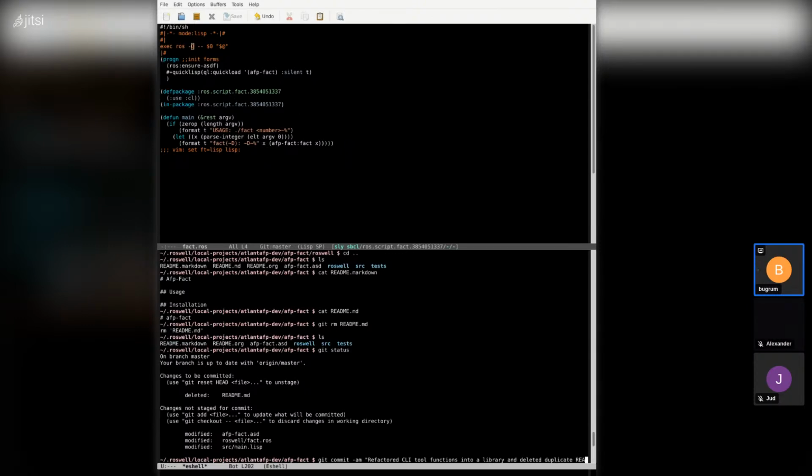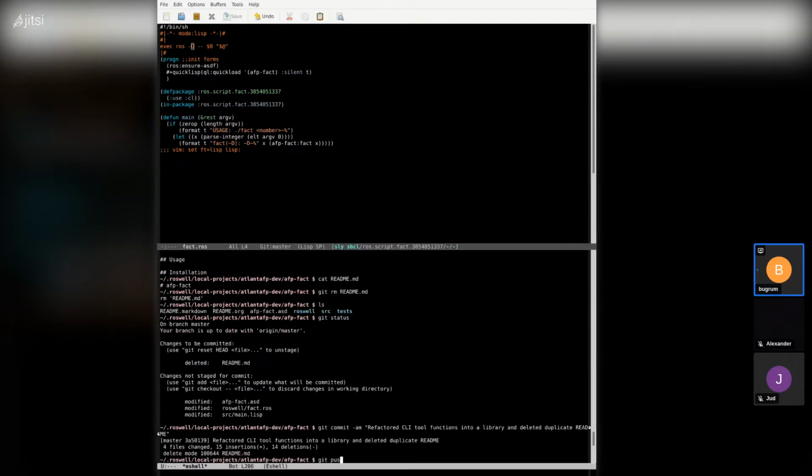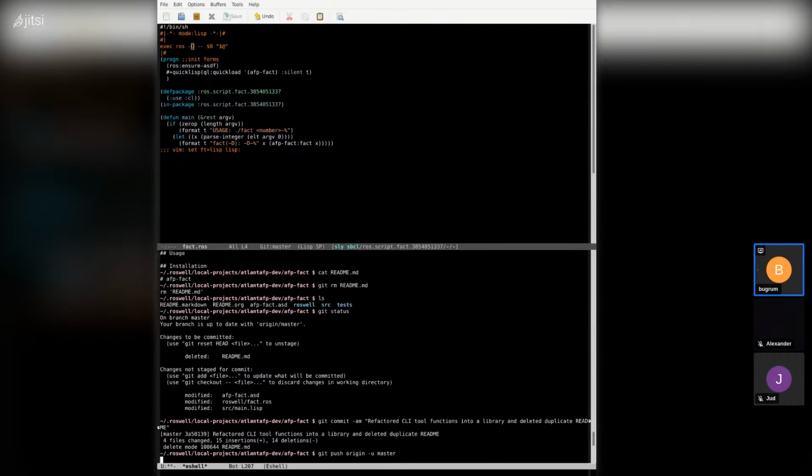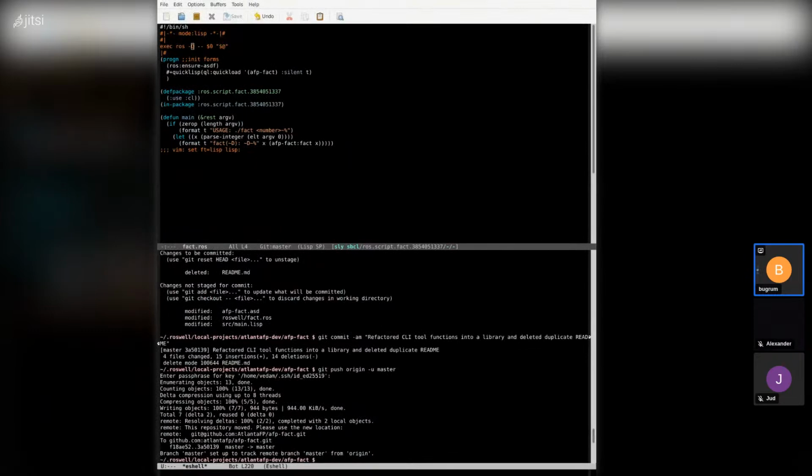readme. I know I'm not following Git hygiene here in terms of having a title that's 50 characters and then a description where you detail it. But I sometimes end up adding this, so this is not a huge deal. You can always correct that later on if you really need to or want to. So we now are going to go ahead and push this into our Atlanta FP GitHub repository. So now this is all pushed into our GitHub repository,